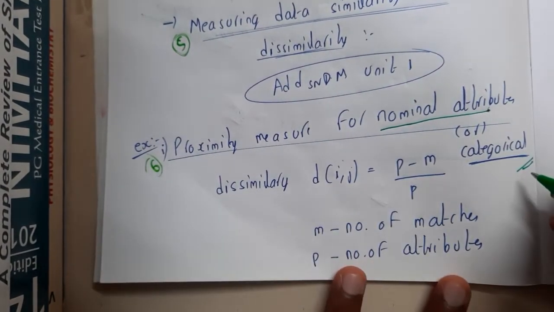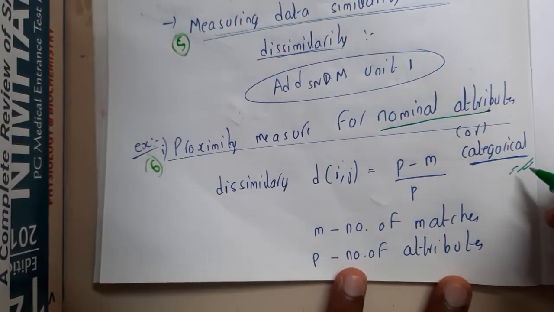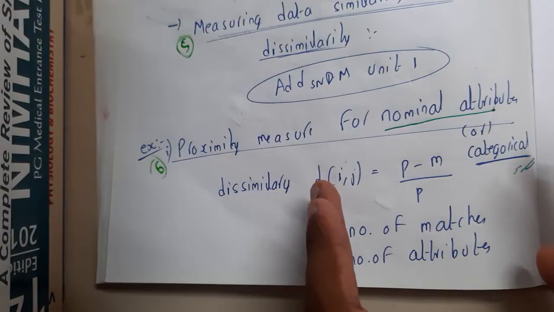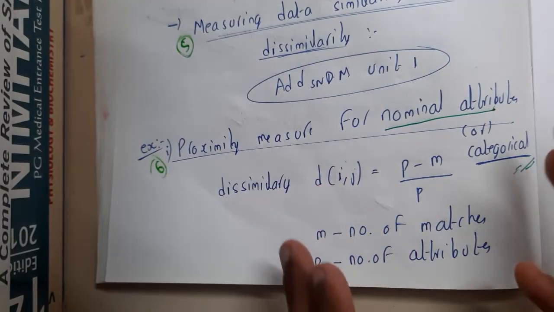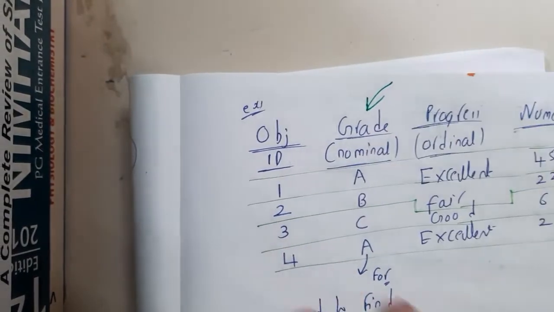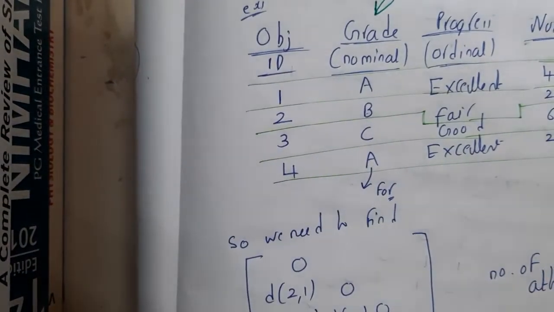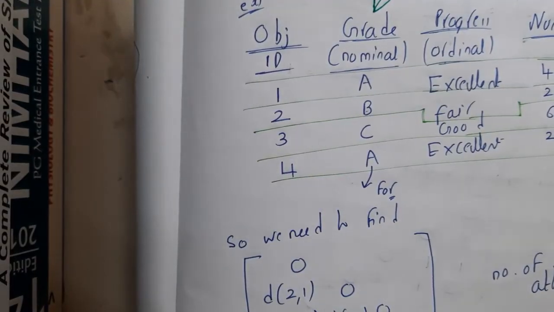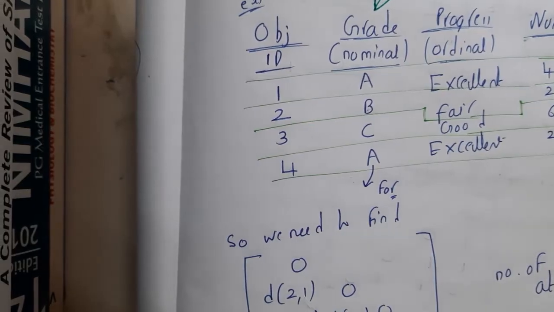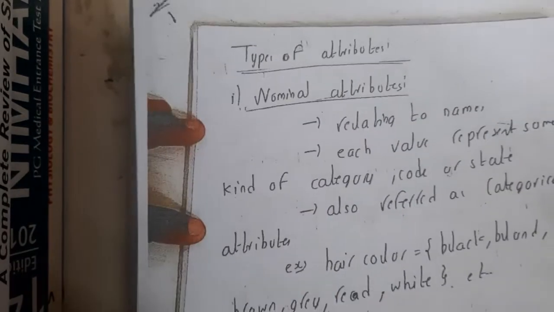So basically your first question will be, what are these categorical attributes or nominal attributes? If you recall, we have already discussed them, guys. Based on the data set which they give, most of the time they will intimate you which are nominal attributes. Anyway, if you want to revise the definition of nominal attributes, I am interested in showing it also, because you should have clarity. So, nominal attributes.